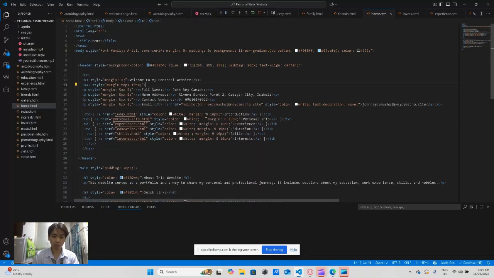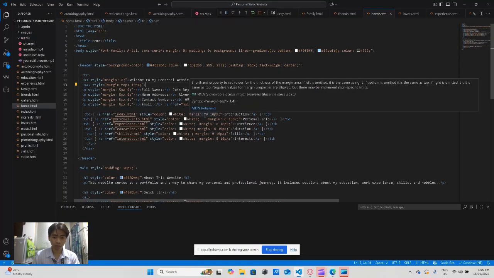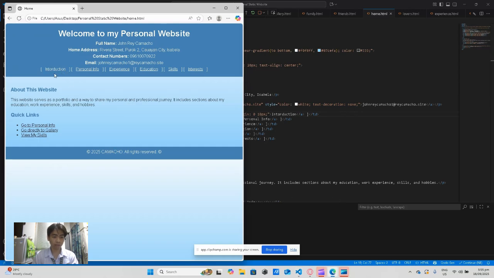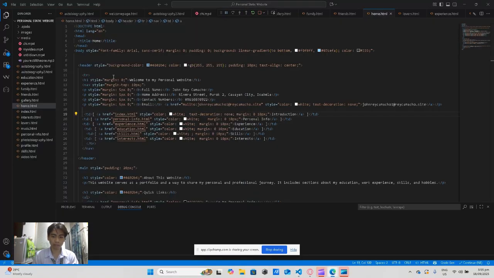I can also use it to remove the underlines between them, but I prefer having them underlined so that it highlights the clickable pages. But let's still try to remove them. And there, save, and the underline is gone. There was also a bit of a typo, and it's fixed now.